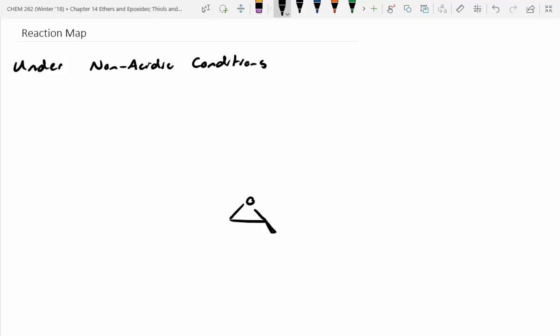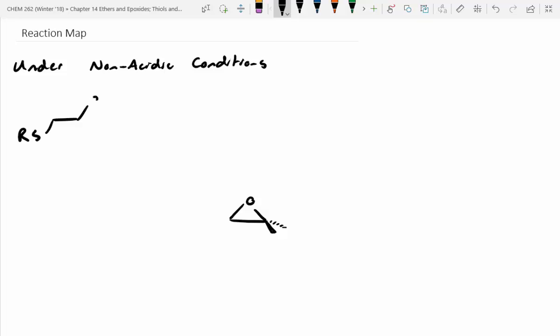Oh, yeah, sorry. How do you know if it's acidic, non-acidic, or basic? Is it just going to say? So you'll know it's under basic conditions when you see your nucleophile in general has a negative charge. Under acidic conditions, you're adding in some sort of catalytic acid like sulfuric acid or tosylic acid or phosphoric acid, something like that. Yeah. So we can actually convert this